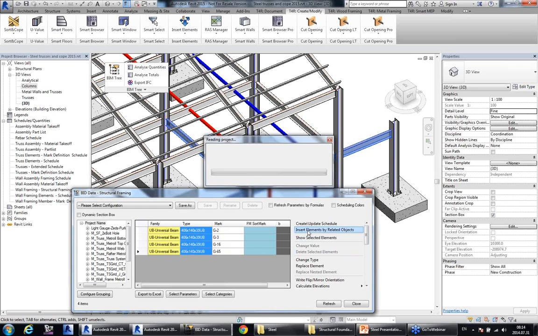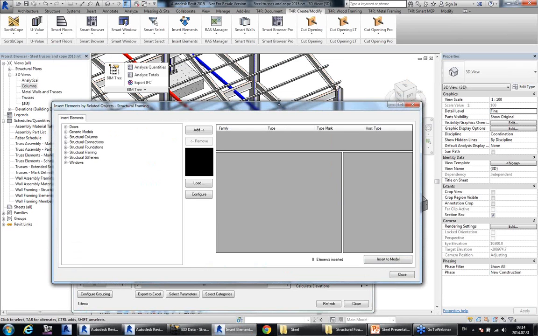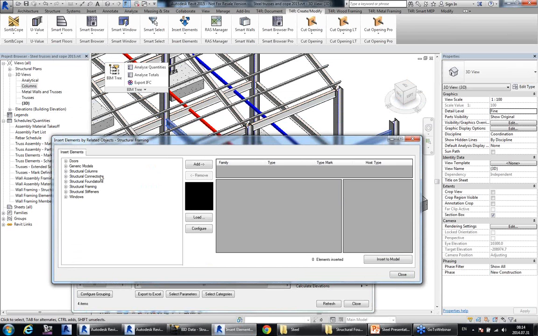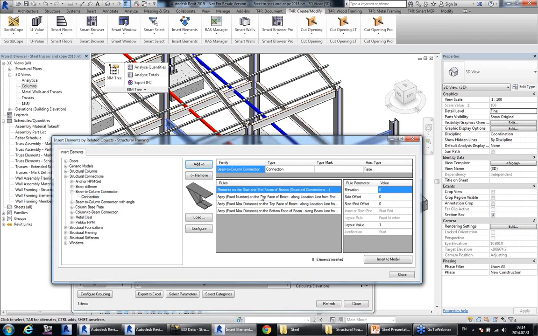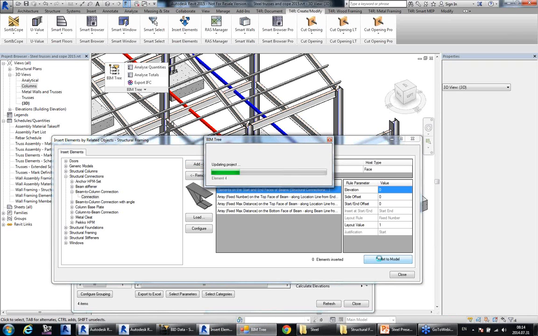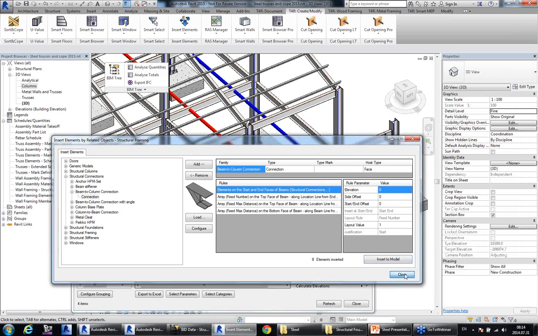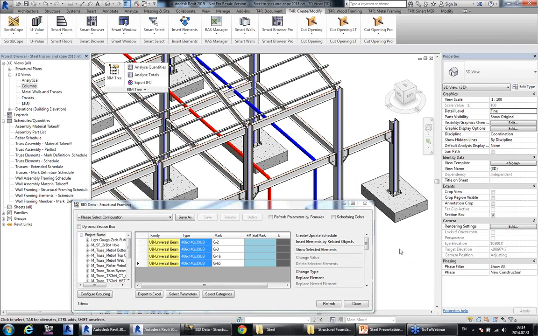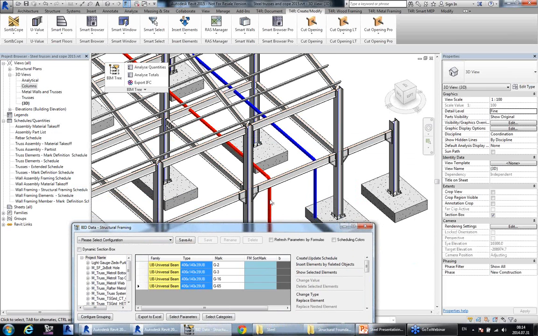Now let's go to insert by elements by related category, and here we're going to insert this connection, and that connection will be created on the start and end faces of the beam. There are 8 elements inserted. Okay, and we can see that